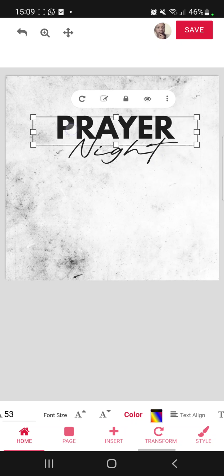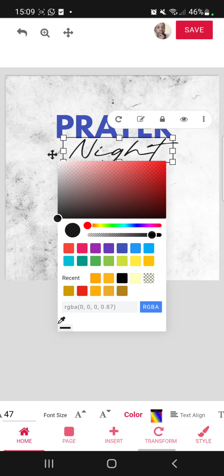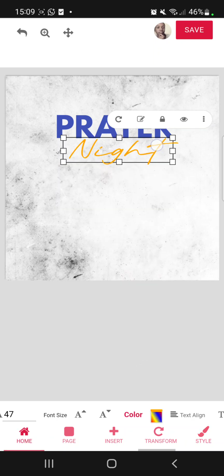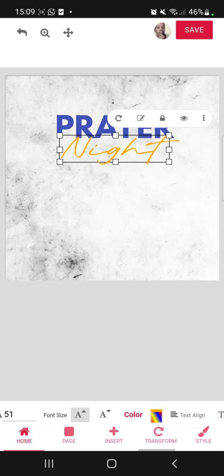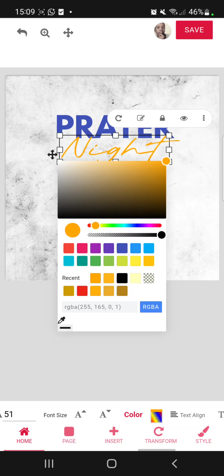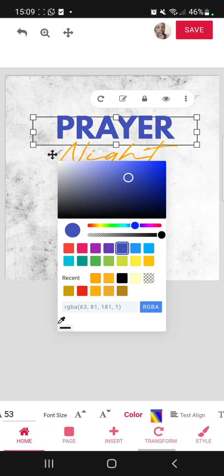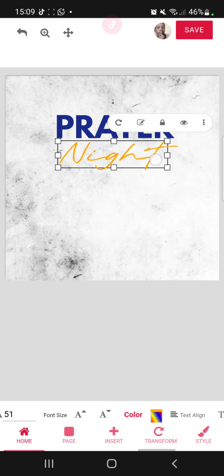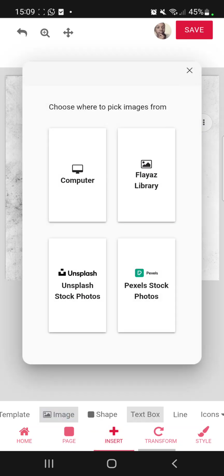Okay, so for our colors, I'm going with blue, then orange. Okay, I'm just going to darken it a little bit. Okay, then we're going to insert